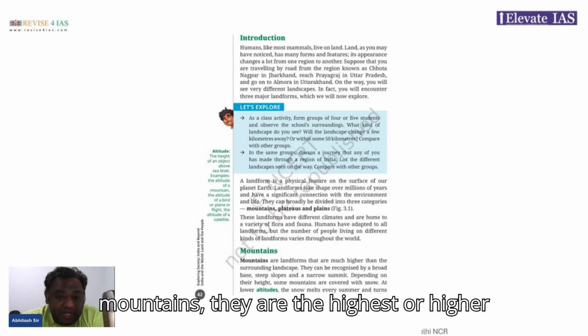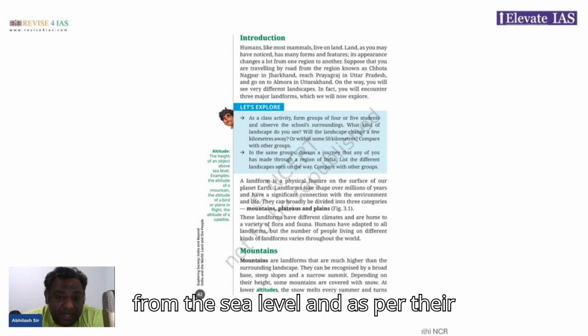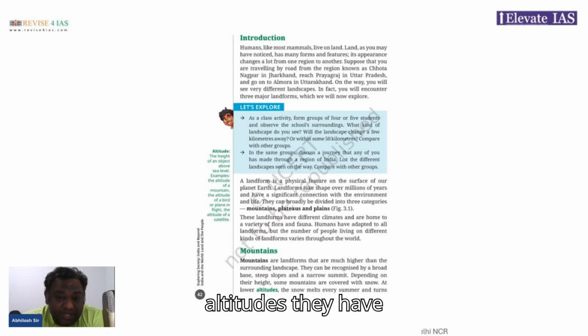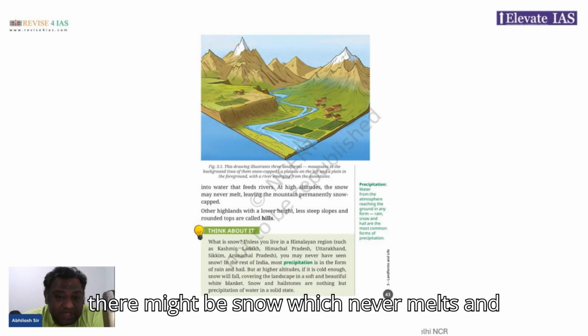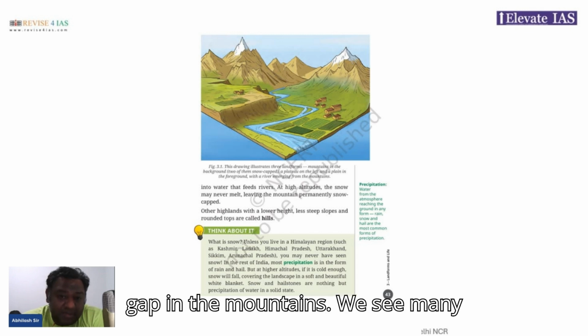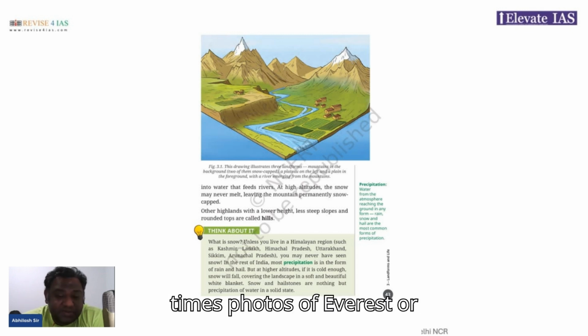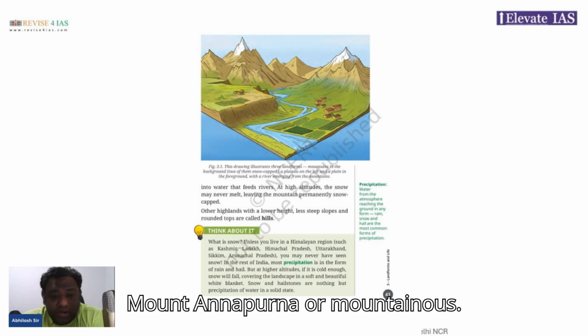Now when we talk of mountains, they are the highest or higher landforms, which have a height from the sea level, and as per their altitudes, they have their climatic regions. So at high altitude, there might be snow which never melts, and there might be permanent snow capped in the mountains. So we see many times photos of Everest or Mount Annapurna or Mount Kailash,